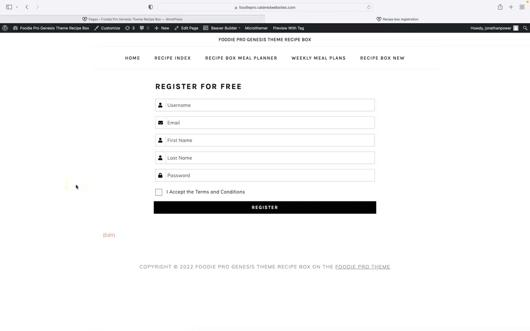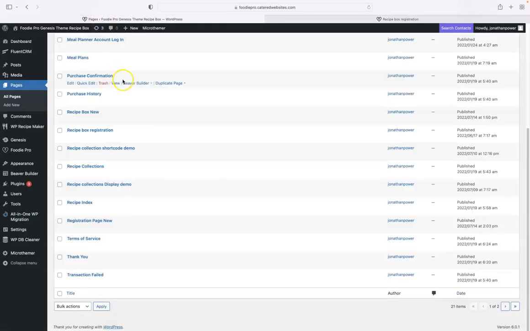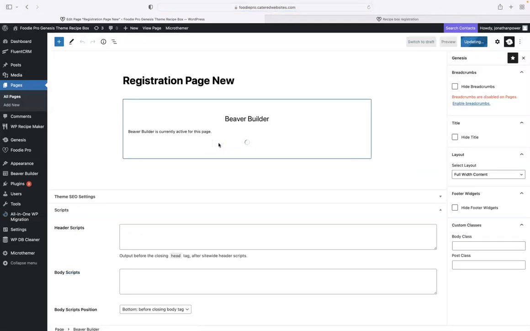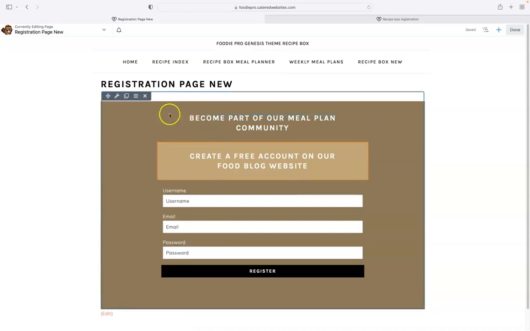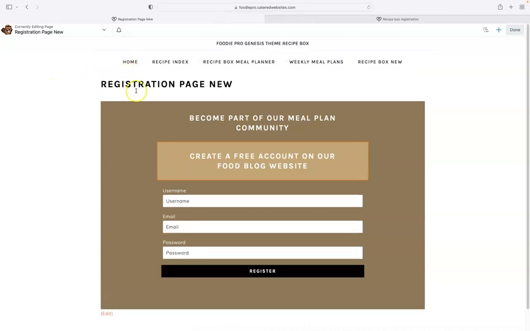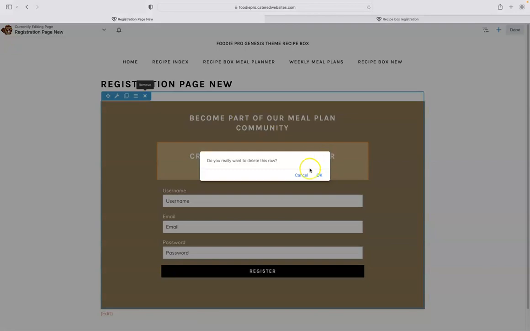Okay, folks, now we're going to build the registration page for our recipe box similar to this. So I've created another page called registration page new, and we want to launch our page builder, Beaver Builder. And I'm going to show you where the template is for this now, and we're going to set out all of the fields. So the title is still turned on for this page actually,